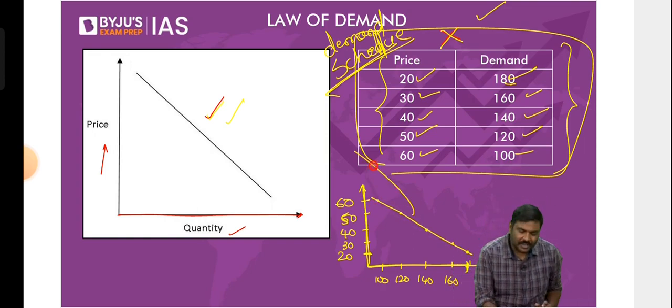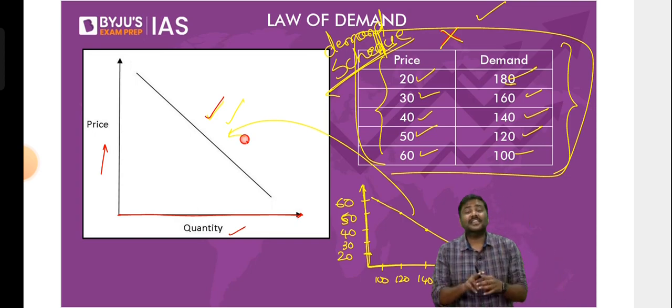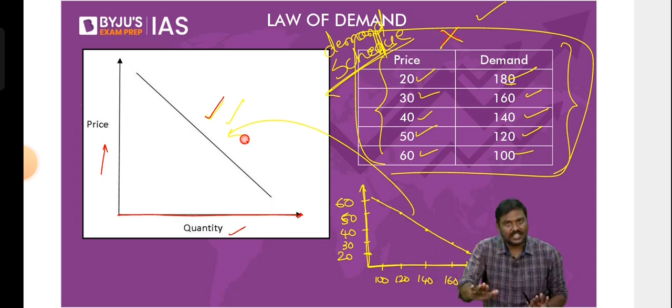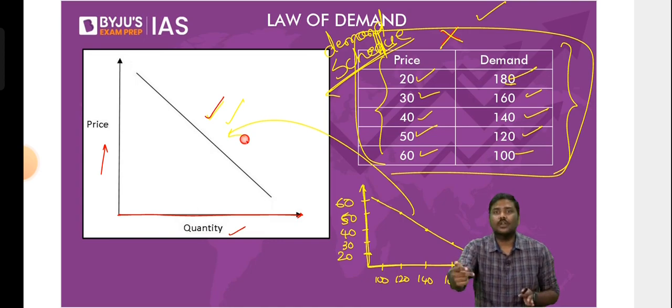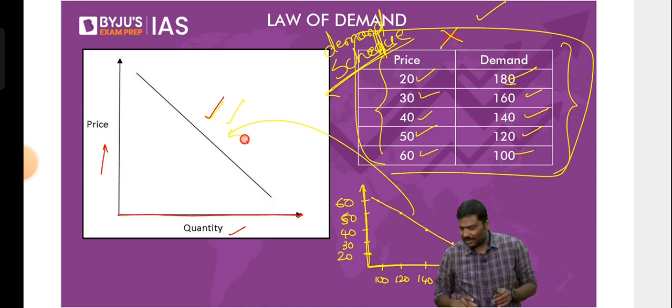So understand this. When you connect all the points, what you get is nothing but a demand curve itself. This is how the demand curve is drawn. Should you learn how the demand curve is drawn? Trust me, no, not required. But I need this particular concept going forward to explain one idea. That's the reason I've shown you how this particular demand curve is drawn.